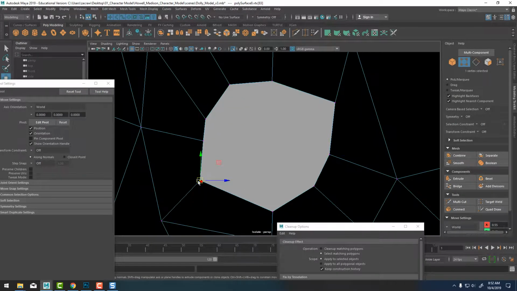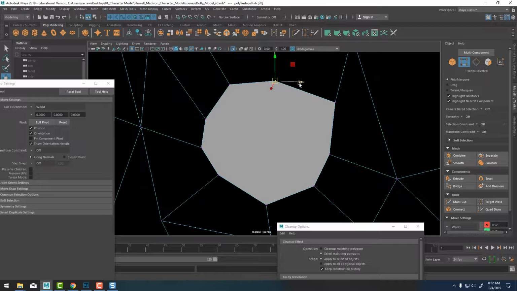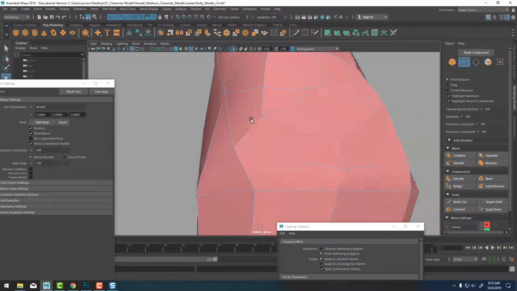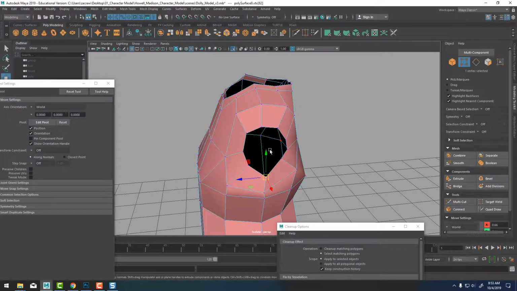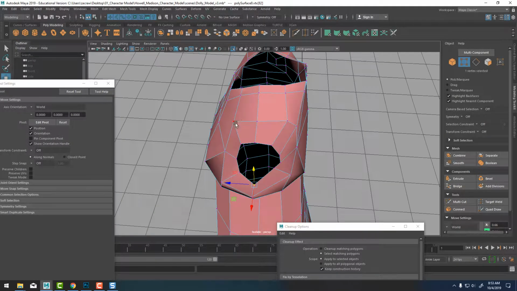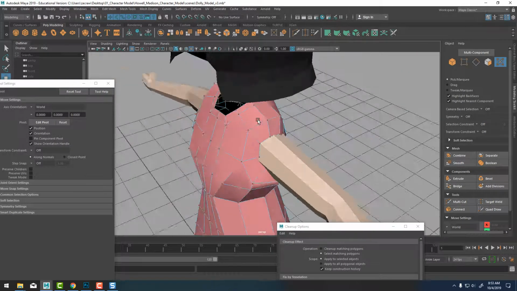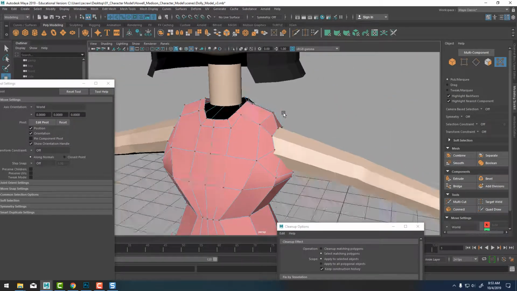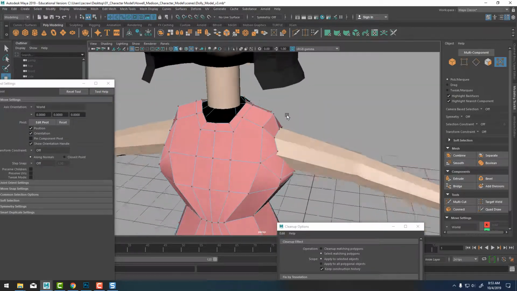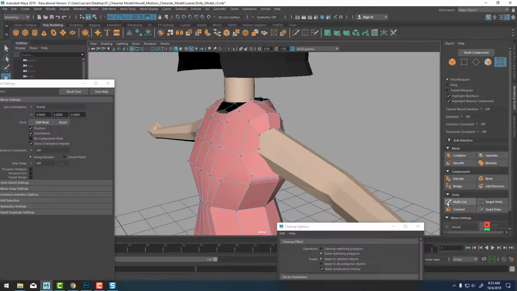Like so. And I'm not doing this symmetrically, but yeah, you'll want to do this symmetrically, and match it to your arm. So I could have done that a little better, but yeah, I do that, and then you might do one